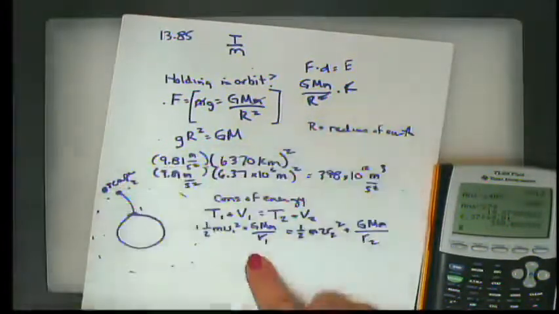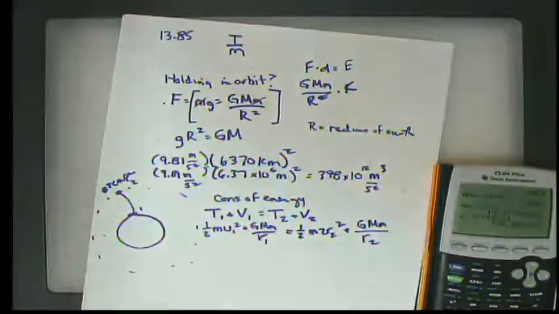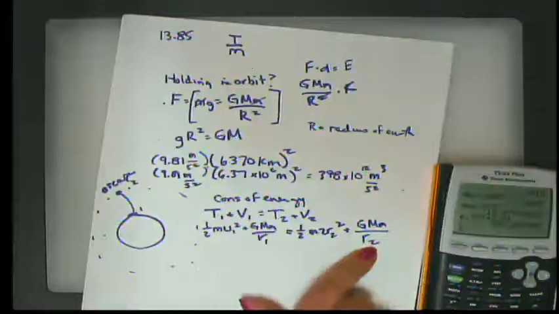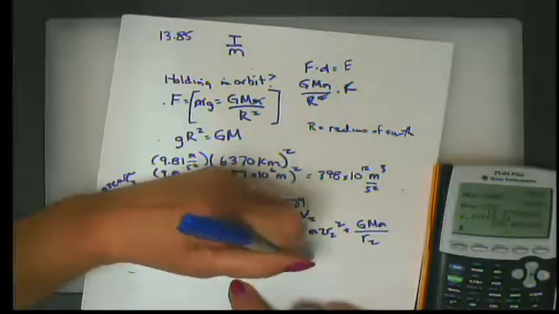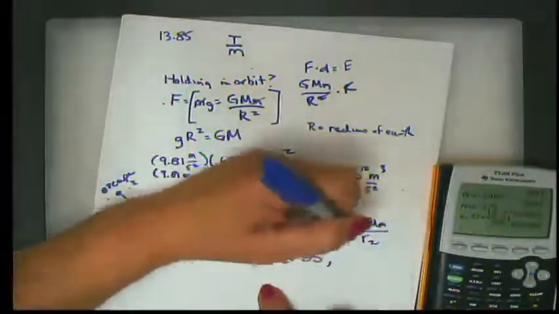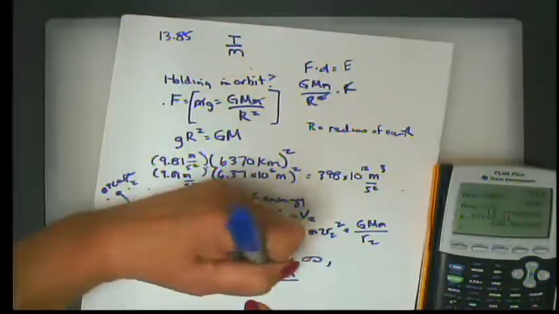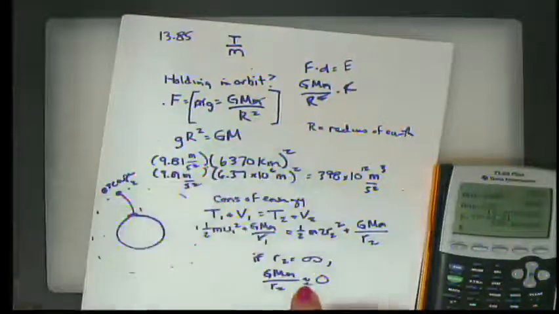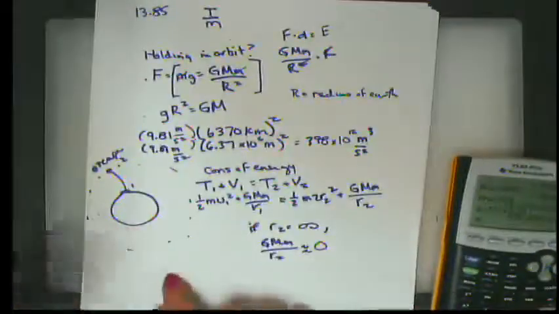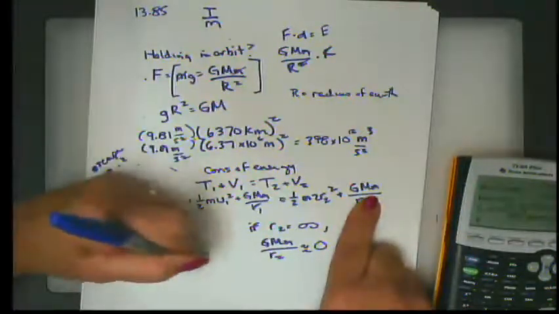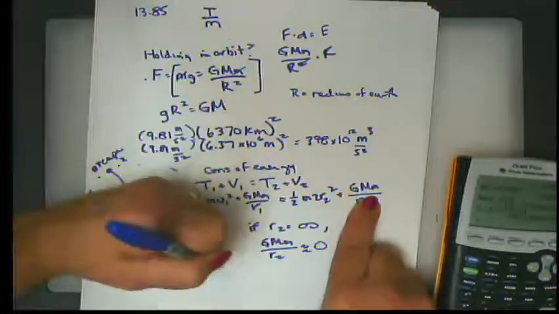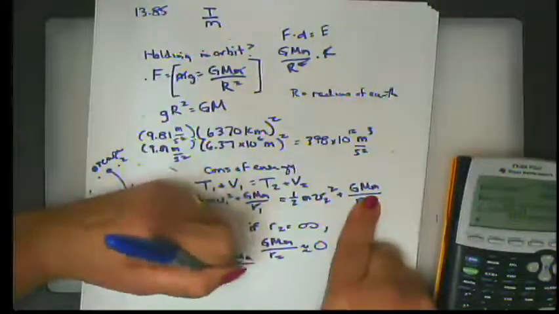All right. So what we're really getting at is, what do we want this R2 to be? Well, we want it to be infinity, essentially, right? We're saying we want it to go on just forever. So if R2 is equal to infinity, that means that G M m over R2 is essentially going to be equal to 0, isn't it? All right. So that tells us then that if we take 1/2 m v1 squared plus G M m over R sub 1,